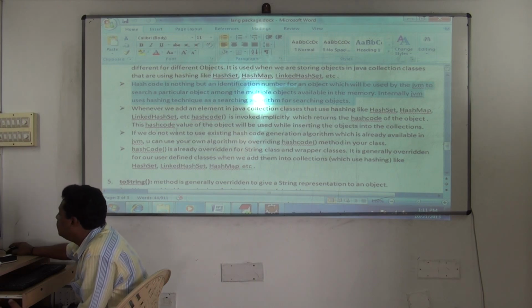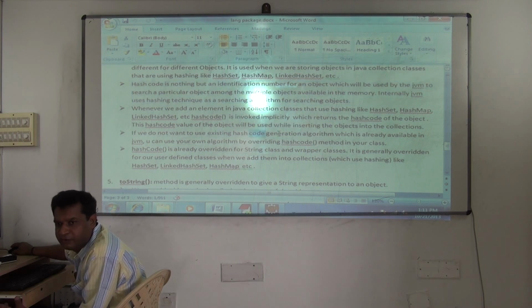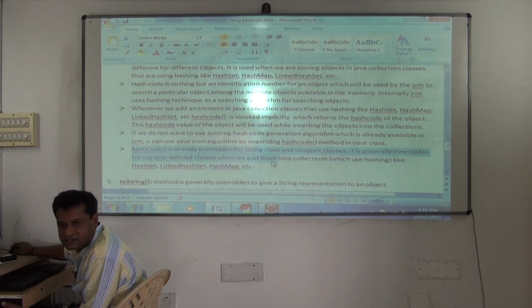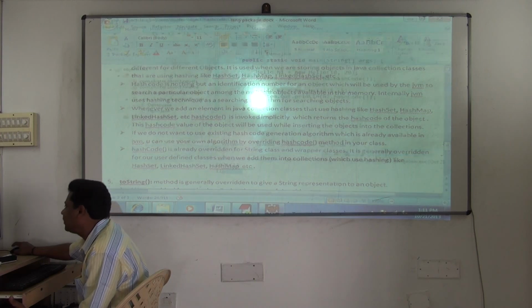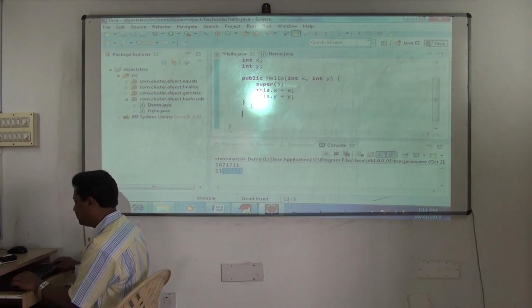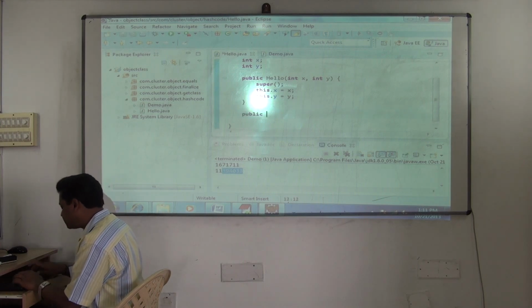We'll see it. If you do not want to use the existing hash code generation algorithm, then we override the hashCode method. But hashCode is already overridden for which classes? String classes and all that. You don't have to override it for those. But for your classes, when you are adding into collections like HashSet, HashMap and all that, that time you have to override hashCode. So I'll just show you how to override, but it will not be as simple as what I'm showing you. We'll be writing some good logic there. But end of the day, overriding means